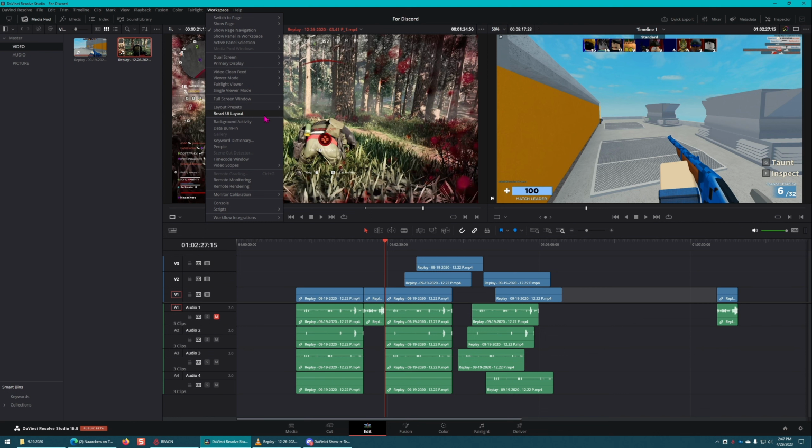Try doing that. Full disclosure, that is one of the biggest complaints that people have about Resolve. I remember with Premiere, you can just move parts of the UI anywhere you want and really customize it to your liking, to your monitor layout. DaVinci does not work that way, unfortunately. You kind of have to just abide by how they have it, which sucks. But